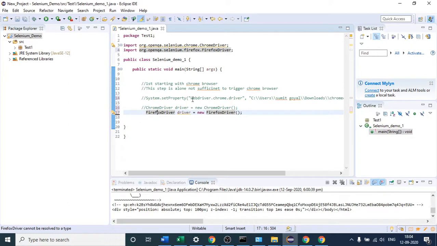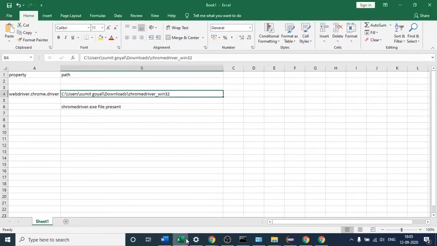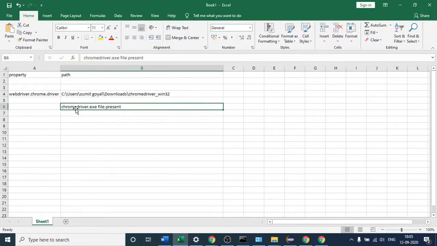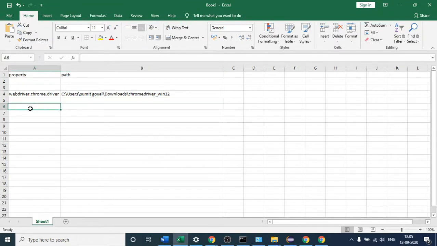Just like the Chrome driver class has one property, this class will also have one property, and that property name is WebDriver dot gecko dot driver.